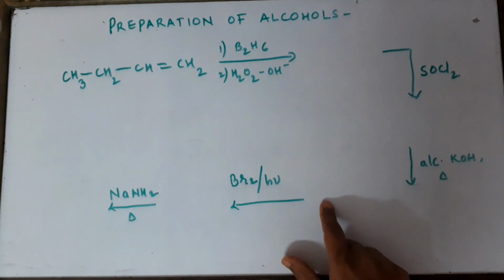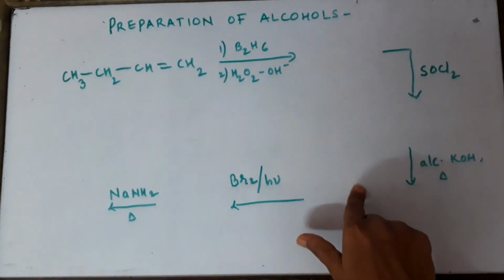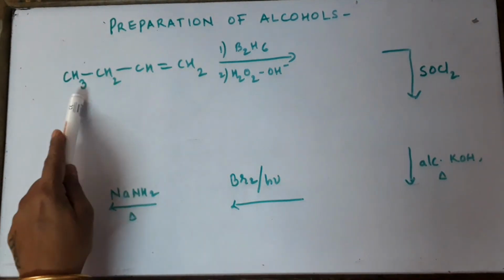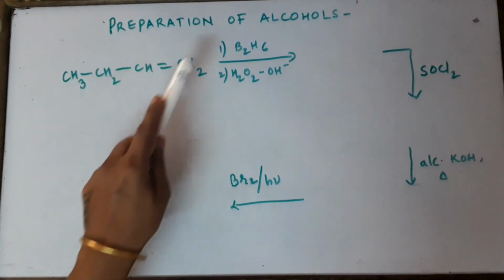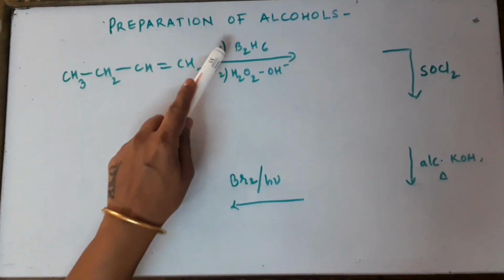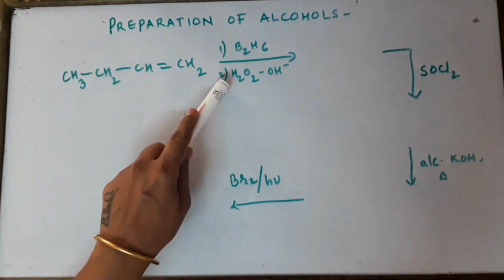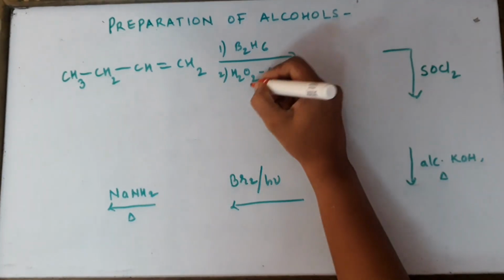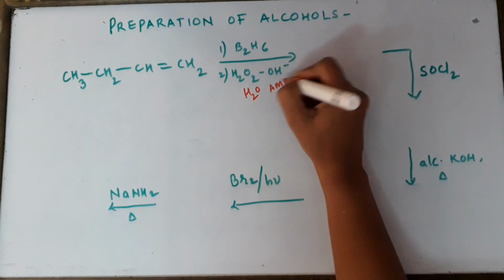Such questions will be there in the exam. You will be given the reagents on the arrows and you will have to predict the products. Let us start doing this. The first compound, as you can see, is an alkene with 4 carbons, so it is but-1-ene. The reagents we have taken are diborane and hydrogen peroxide. If you remember, this technique is called hydroboration oxidation, and in this technique we are going to add a water molecule by anti-Markovnikov's rule.